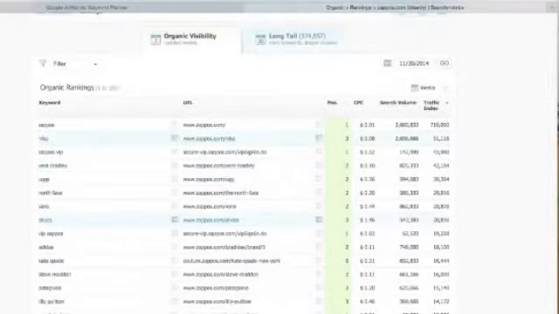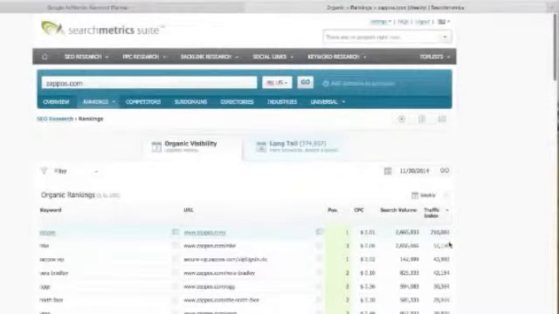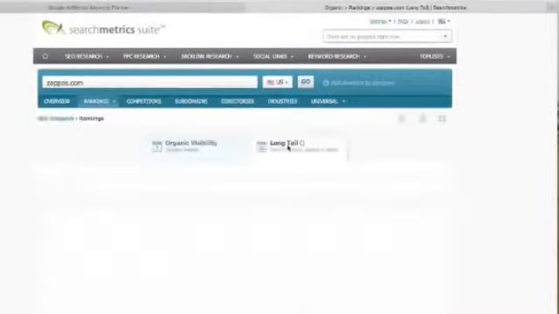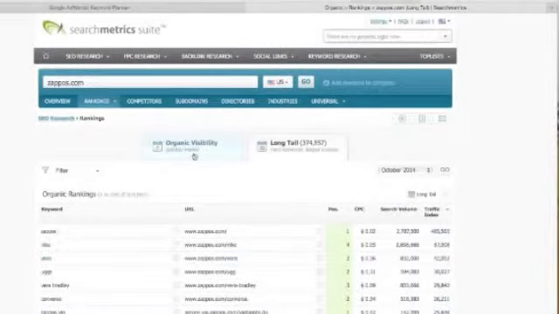All right, so that is Searchmetrics, and this long tail tab is going to give us an even longer list of keywords, whereas that previous tab that we were just looking at is updated weekly. It gives us fresher data. This one is not as fresh, but it's a deeper analysis. It's a much longer list. Look at that,